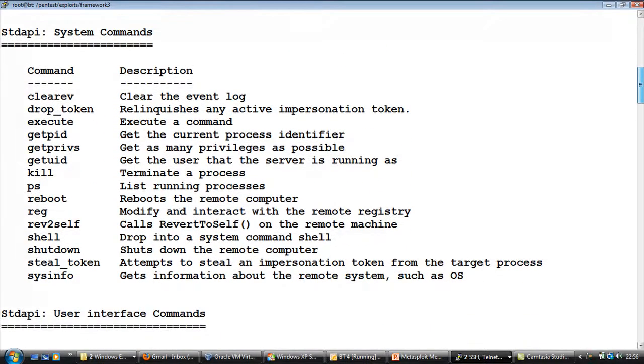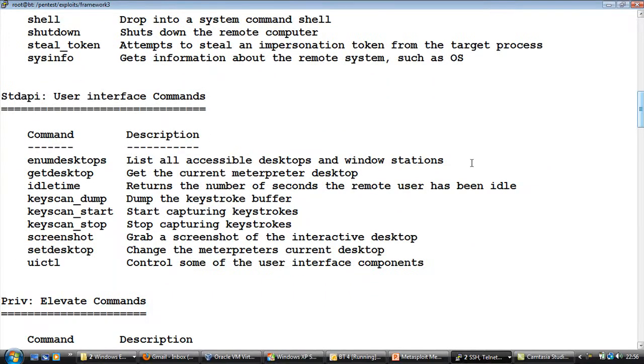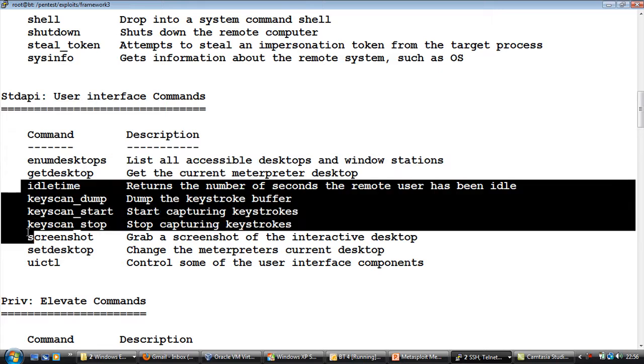right? So we've looked at the system commands as well. Now comes the user interface commands. Now in user interface, there are a couple of commands relating to desktops, which we will look at in the next video, because there is some technical background you need to know before we can move to these commands. Now interesting commands here include these